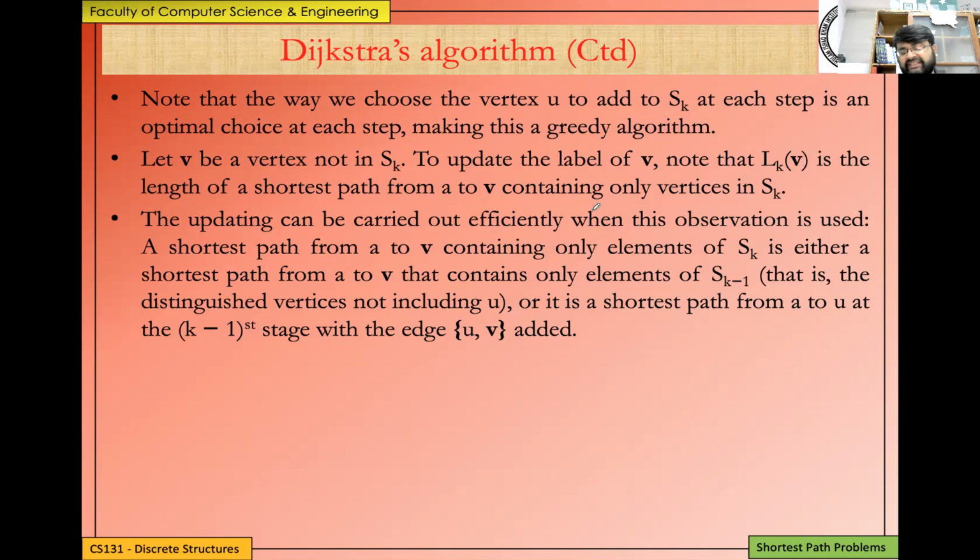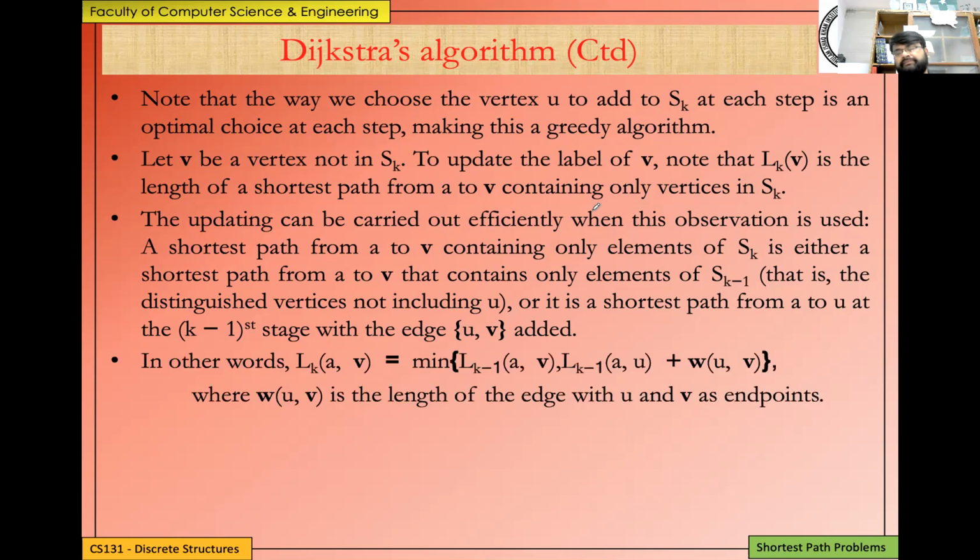So up till the k minus first stage, it is true. It may change later on, but up till the k minus first stage, we are sure that this is the shortest path. That's the first thing, right? In other words, the labeling of vertex V, starting at A and reaching V, in the kth iteration is basically the minimum of the labeling of the previous step,